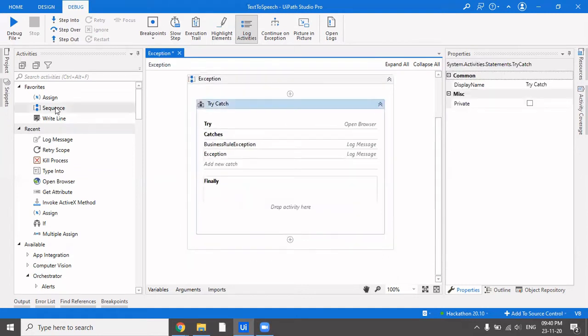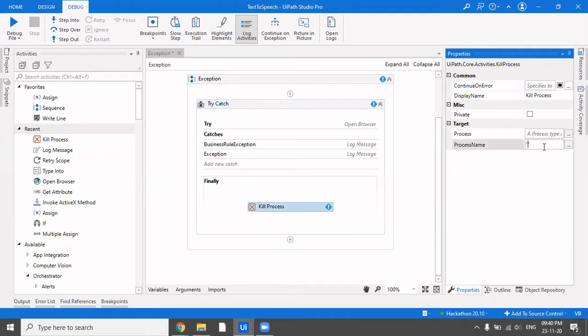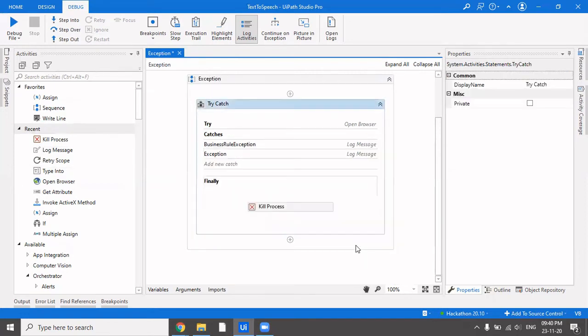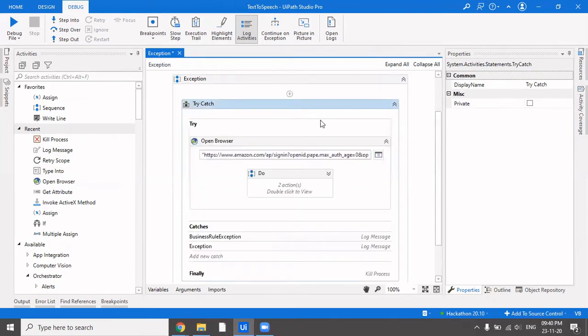Now in finally, I am going to kill my Chrome, or I can do anything in the finally block, but I also want that whenever there is an exception, I do not want my finally block to be executed. So first let me try executing it this way. There would be an exception as we all know, and it would come to the catch block. It would not go to the business rule exception because it's not a business exception. It would fall in this block, and then at last it would execute the finally block to kill the Chrome. So let me execute it.